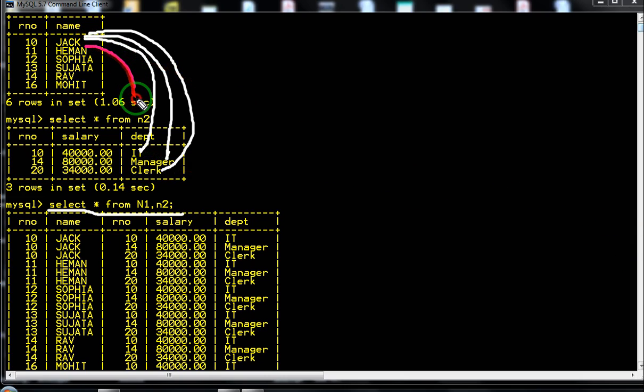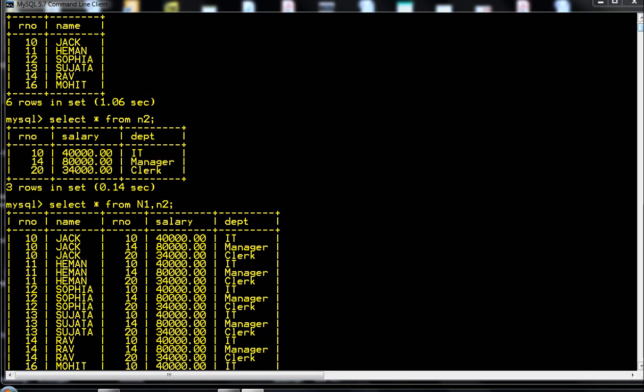The second row will make combinations with all the records of the second table. The same thing will happen with all the rows. That means in a cross join, one row of one table will combine with all the rows of the second table.